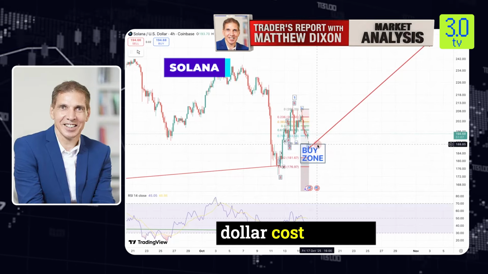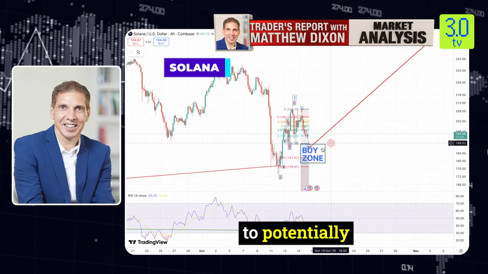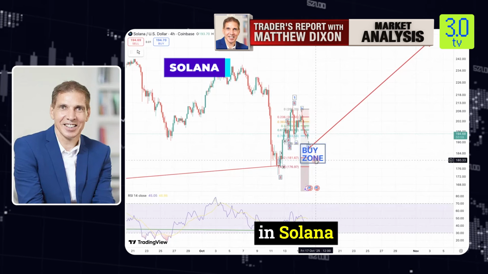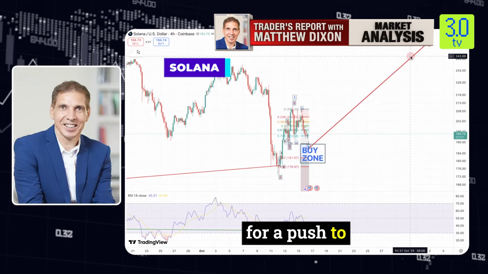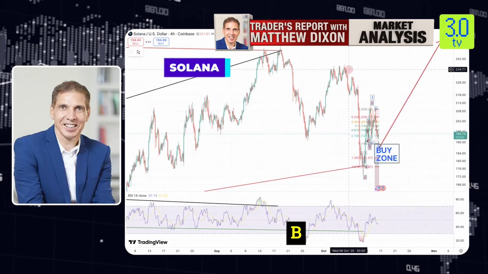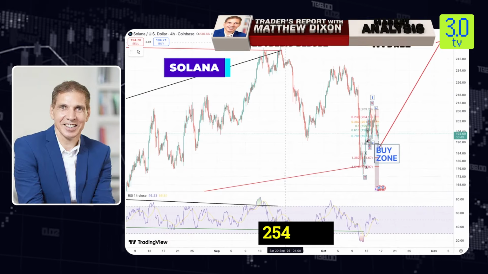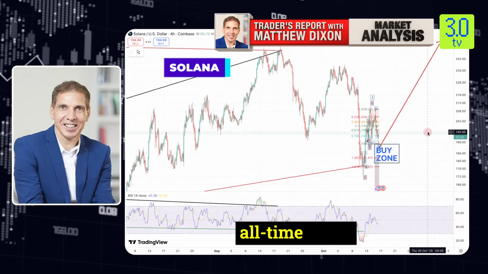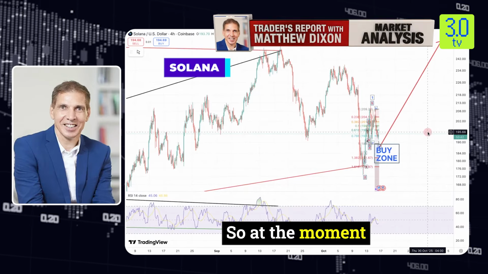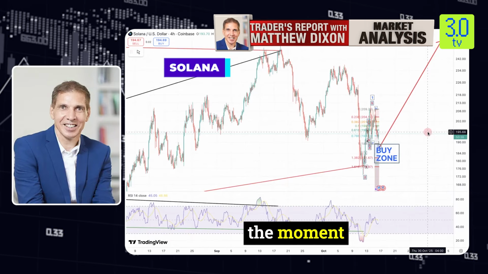I would look to dollar cost average within that zone to potentially add to long positions in Solana, potentially for a push to highs certainly above the beginning of this ABC down, so certainly above this 250-odd area, 254 area, possibly towards all-time highs of 295 on Solana. So at the moment, whilst we may be in a bit of a choppy kind of correction,